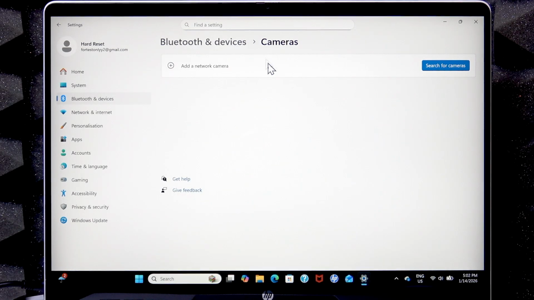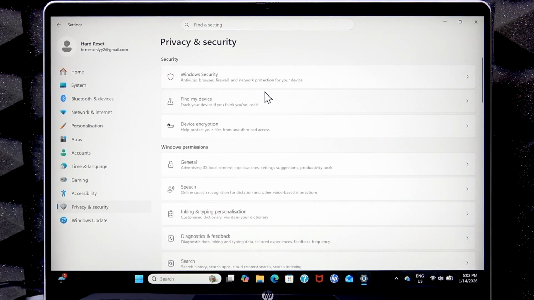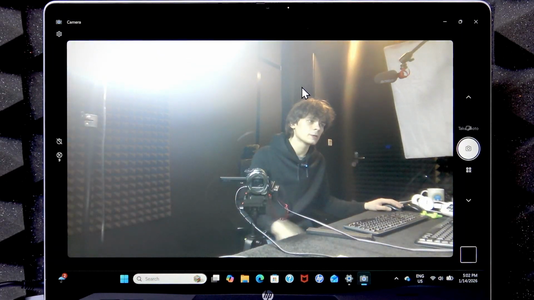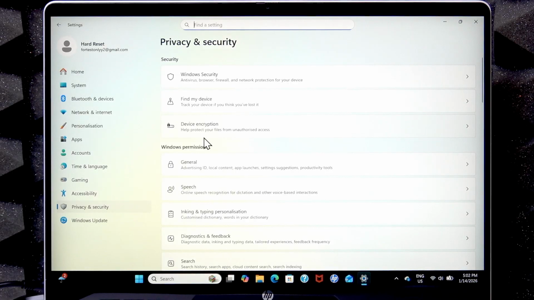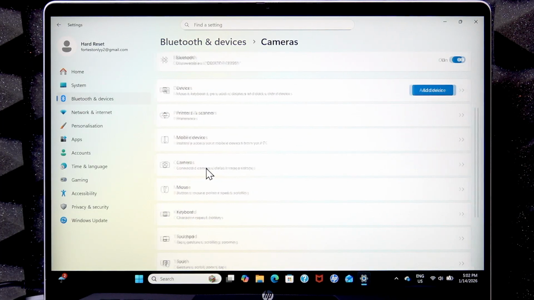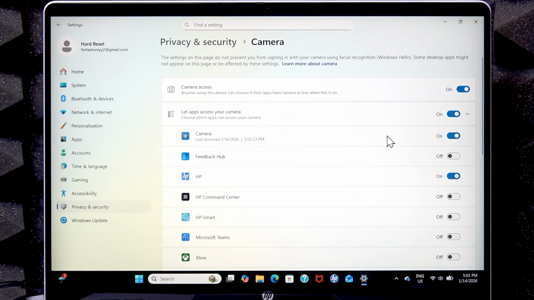Now, if this doesn't help you, if you still cannot access your camera in the camera application, let's actually check it. Yeah, right now it's accessible, but if you still cannot access it, then go to Bluetooth and devices, then cameras once again, and then select camera privacy settings, and make sure that